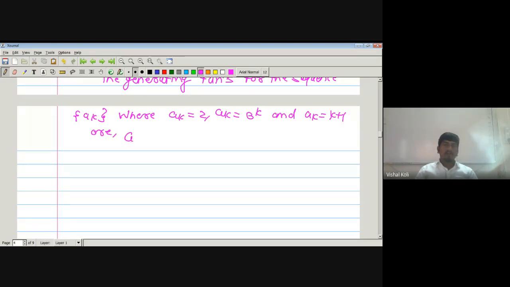For the sequence ak when its general term is 2, it is nothing but summation k running from 0 to infinity,